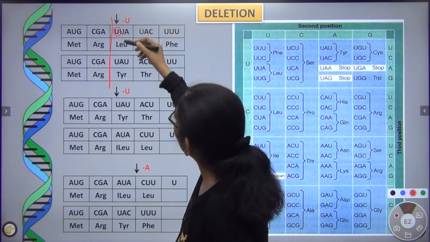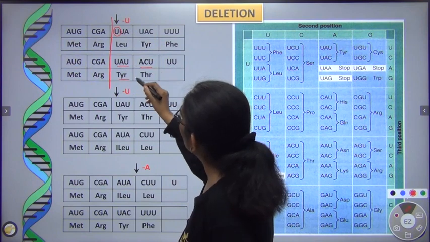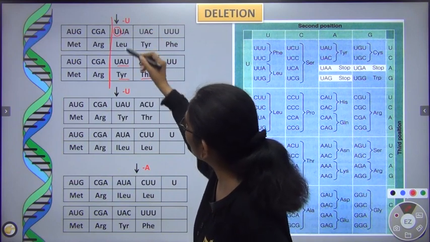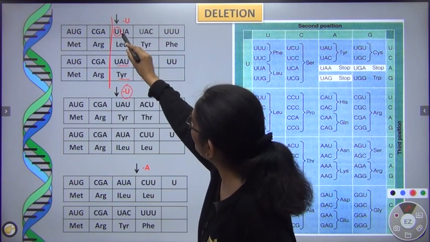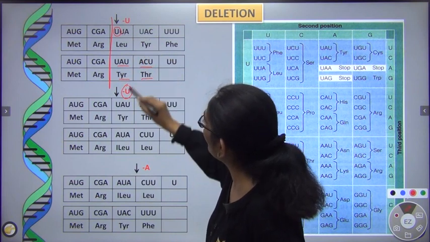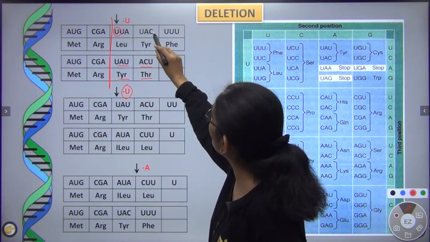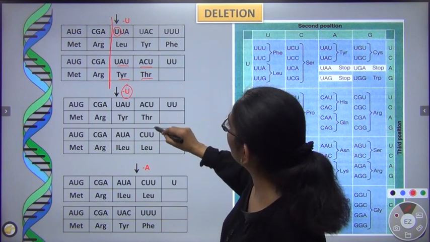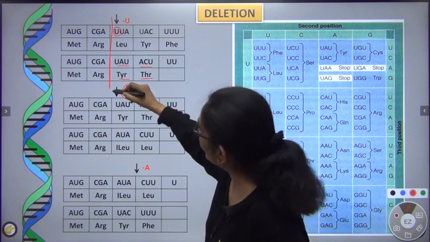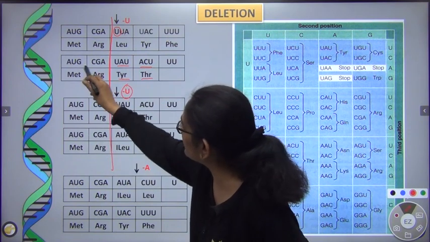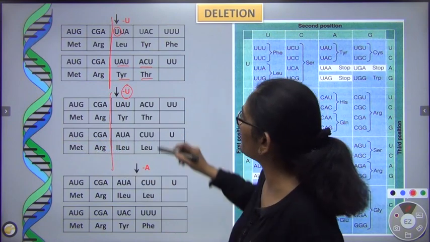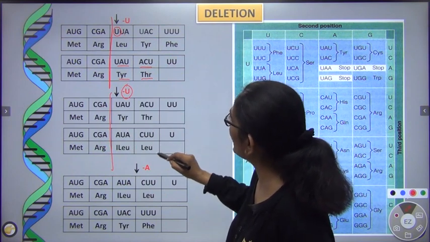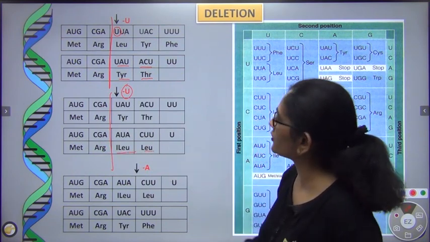From there onward, what has changed? The codons have changed, so the corresponding amino acids have also changed. Now I remove another one, the second one also. ठीक है? First I remove one, then second. Now what will become? AUA, right? Then it will become CUU. You can see this, and I removed 1U. Now again, before that the codons are same, the amino acids are same. But when I remove 2 nucleotides, what happened? The codons changed and the corresponding amino acids also changed.